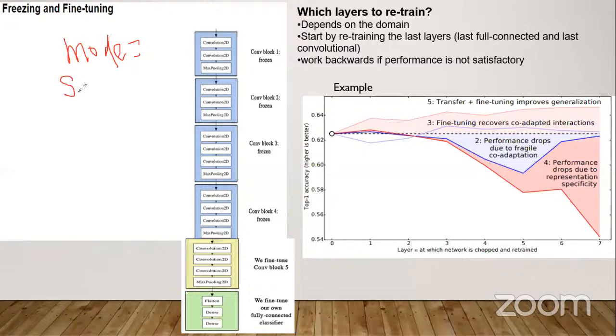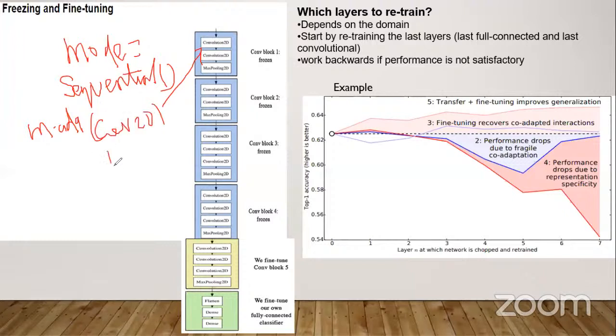Model equal to Sequential, this is the high-level Keras function we are using. And once we are able to use this, we are just using model.add, right? Whenever I am saying model.add, at that time, this is referencing these blocks. I will be using Conv2D, convolution 2D, then max pooling,